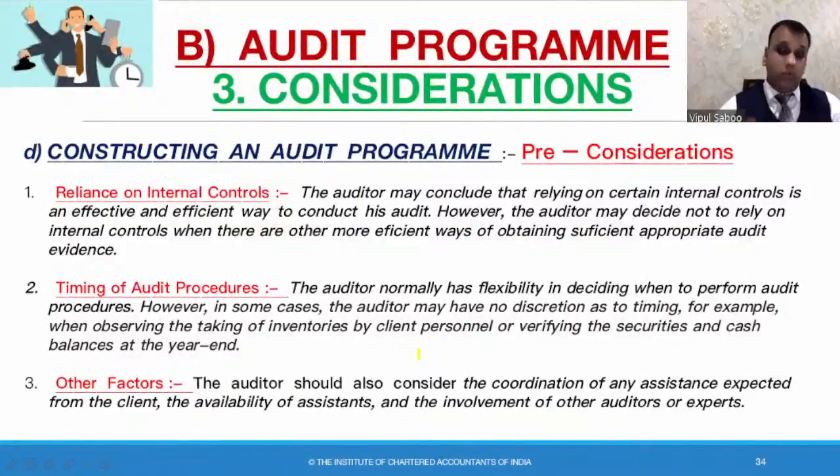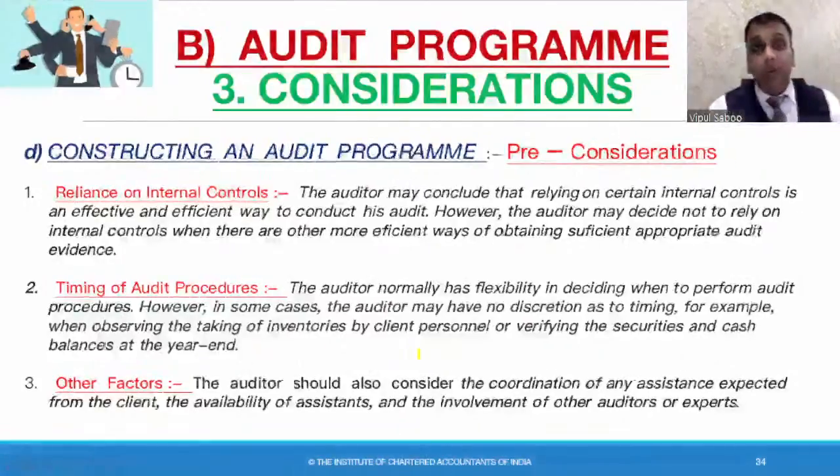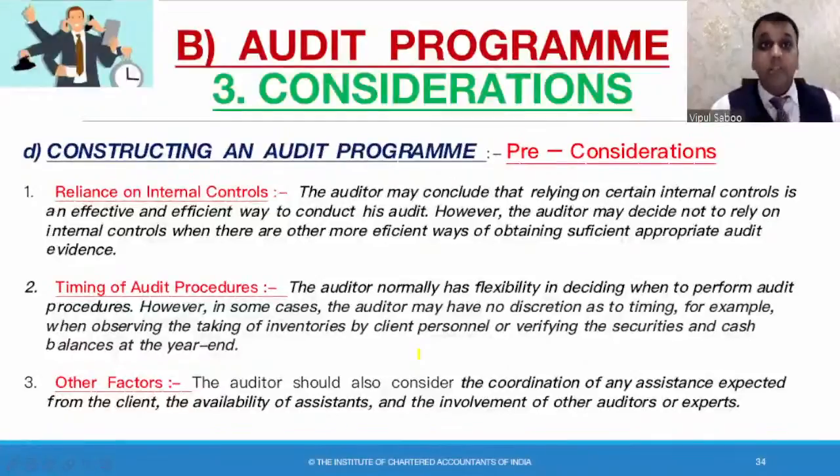Okay, so you are sitting with your team, you are the auditor or a part of the engagement team. You have to construct an audit program. What needs to be done at the first stage, the second phase, the third phase, and while reporting, after we have prepared the report? Everything should be detailed stepwise. So what are the pre-considerations before constructing an audit program?